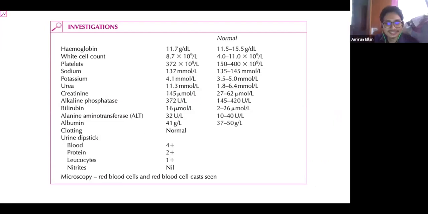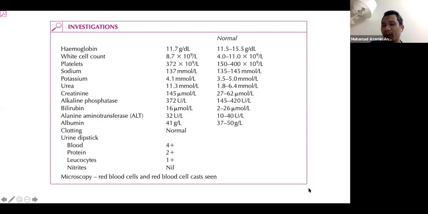So what are you thinking then? I'm thinking of AKI secondary to acute nephritis because of the presence of proteinuria and also hematuria. Okay. So do we now swing to support Amirun, or do we still support Shazwan? Supporting Amirul. So okay, now Amirul, you need to convince Shazwan to support you. Can you convince Shazwan to support you?